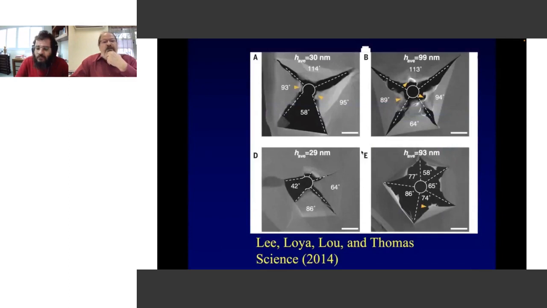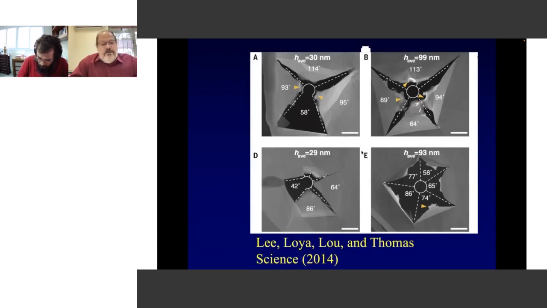But the fracture of graphene is also very unusual. This is an experiment from the Thomas group at Rice University. They shot silicon nanoparticles at single-layer graphene and multi-layer graphene, and contrary to what you would expect from fracture in standard materials, you do not see the same fracture. You see only these angles, called petal angles, for the fracture. The question is, why does graphene break only at these special angles?